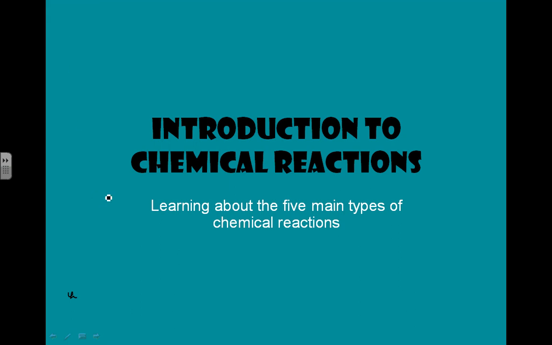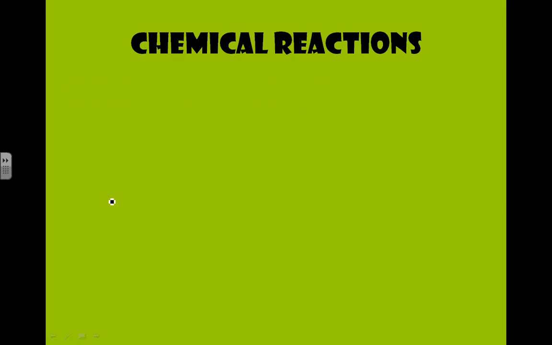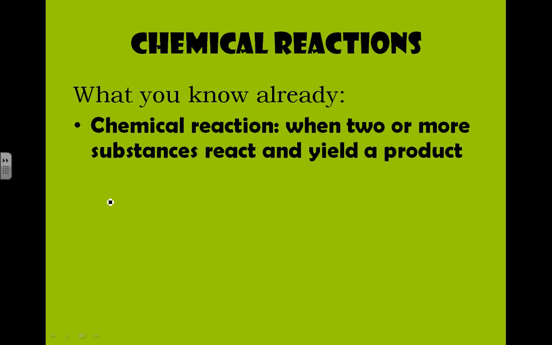Hello students, today we're going to learn about some of the five main types of chemical reactions. But before we do that, let's quickly go over the things that you know already. First, you know that a chemical reaction occurs when two or more substances react, and they yield or